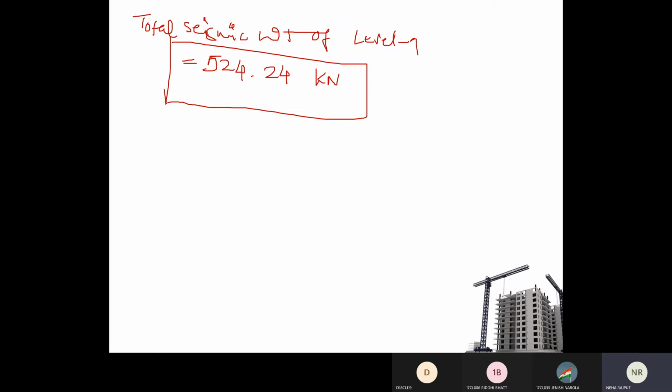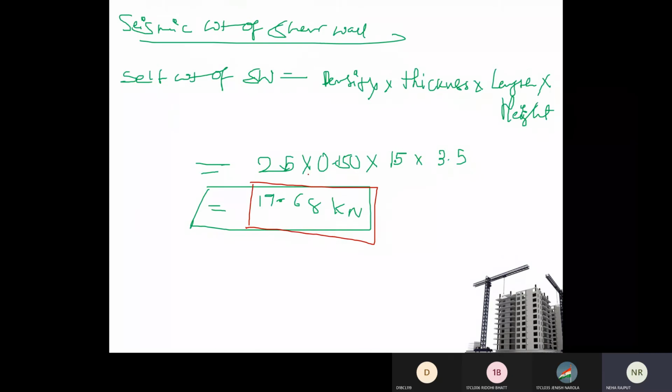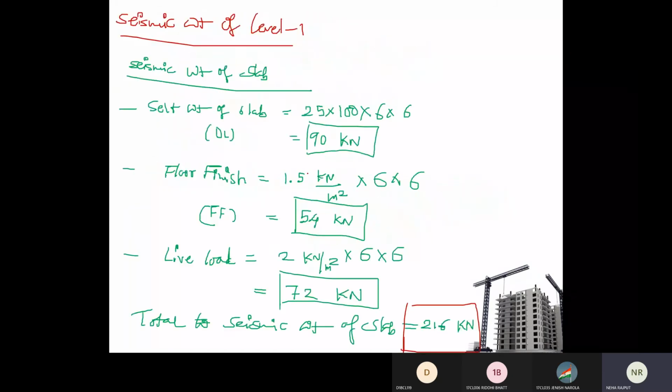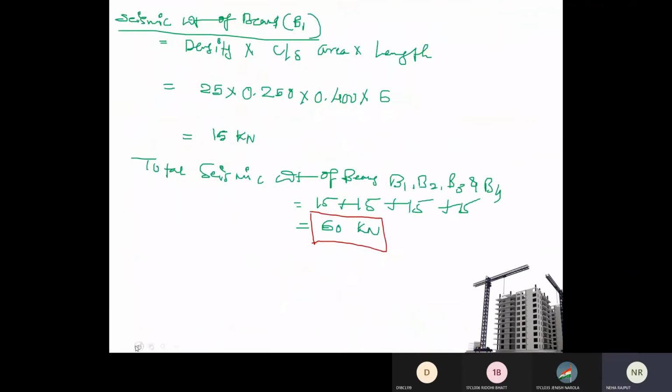Right. And to prepare the Excel sheet, you will be saving your time. ખ્યાલ આવ્યો તમને કેટલું સેવ થાય છે ટાઈમ? If you have your Excel sheet, just you need to put the values and directly you can get the answer. આ જો આપણે ખાલી seismic weight 1 કર્યું છે, આટલા ટાઈમમાં તમે એક્સેલમાં લેવલ 2 નું પણ કેલ્ક્યુલેશન થઈ જાય, if you know the fundamental. Right. Now we require to do seismic weight of level 2 or roof. તો શું change થશે? Only I will show with different color. ચલો.